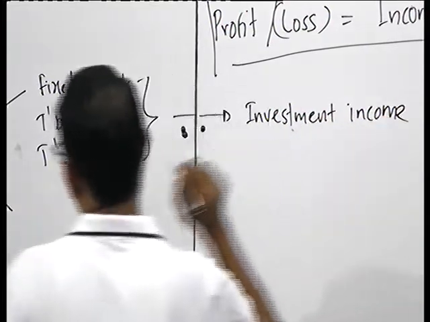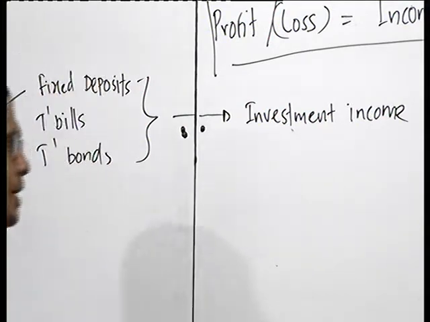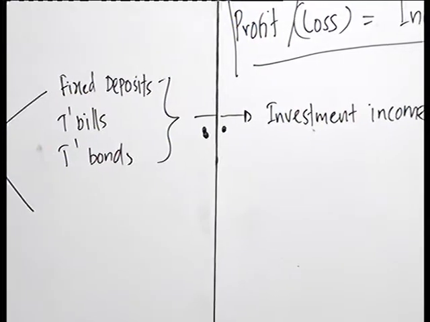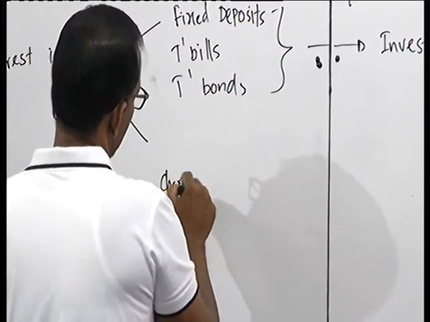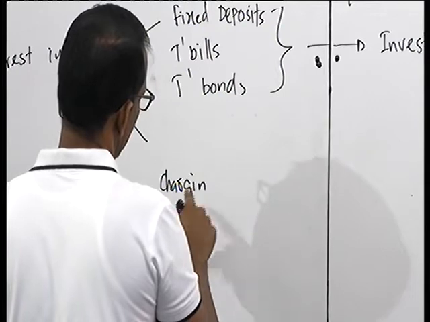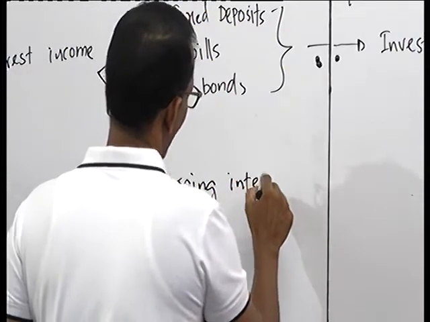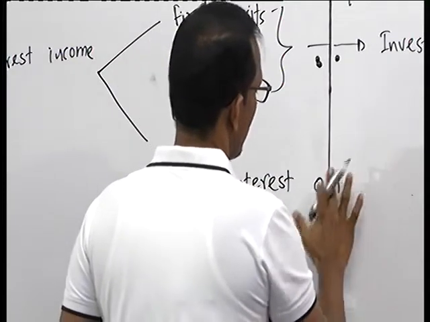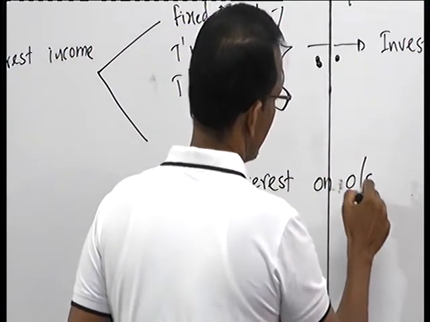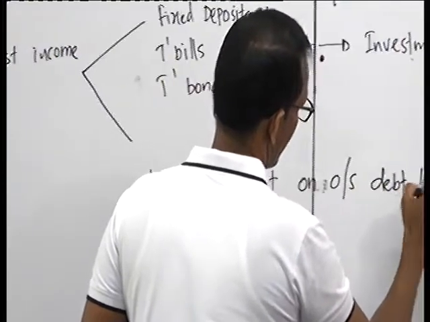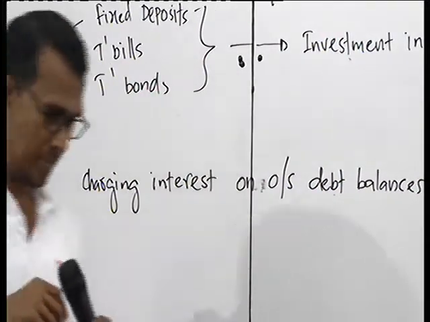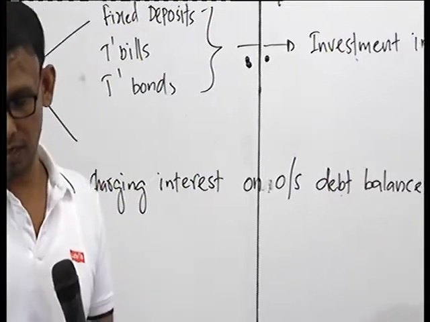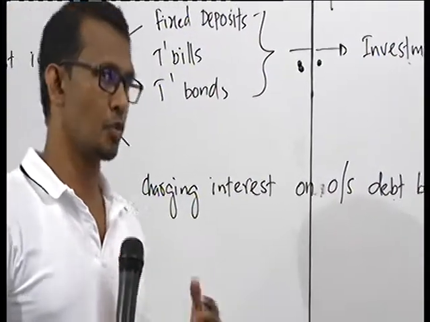But in the same way, there can be certain interest income that the manufacturing entity or the organization would have earned by other means, such as charging interest on outstanding debt balances. Now, if you have studied accounting, when you make credit sales, you offer